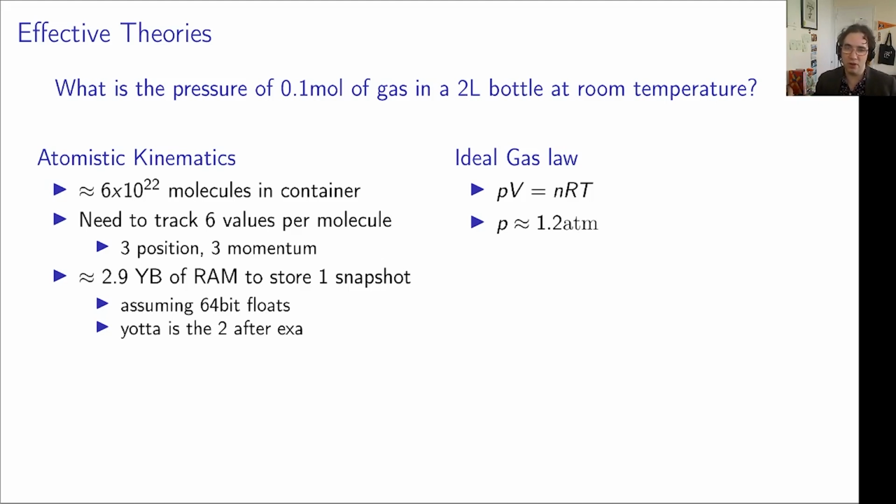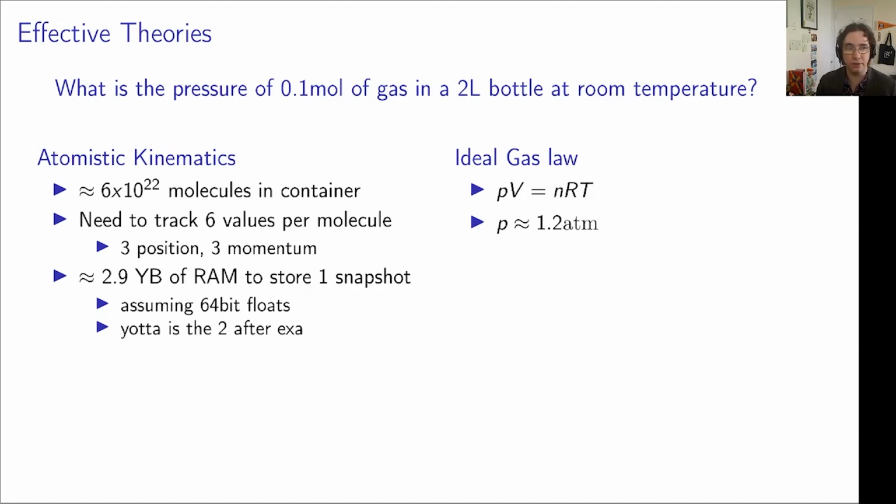However, that requires several yottabytes of RAM, which is more than, I think, is available on Earth if you could get hold of every single computer. And you're definitely not doing that by hand. It's just fundamentally intractable. On the other hand, we can answer this question using the ideal gas law, which is an effective theory of